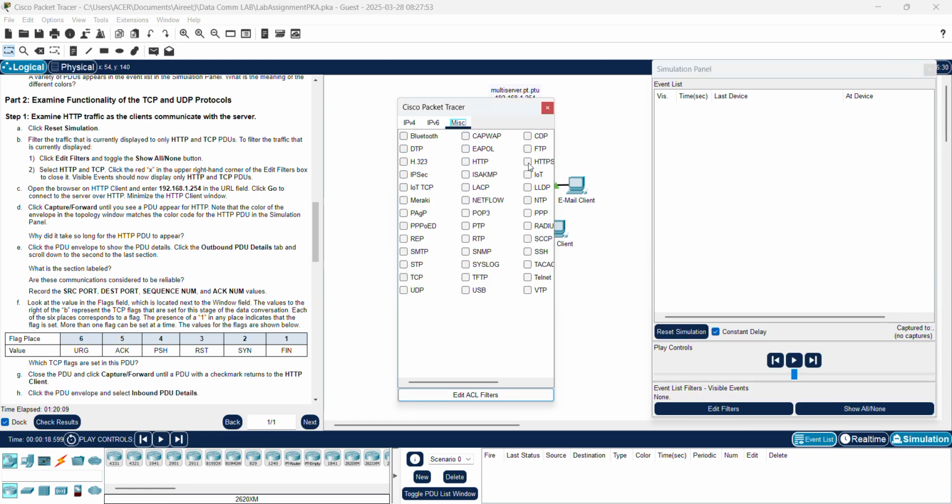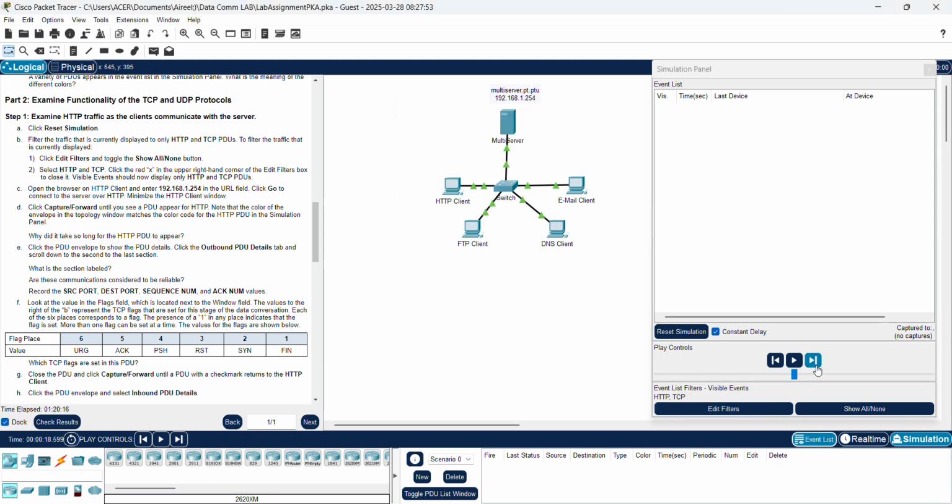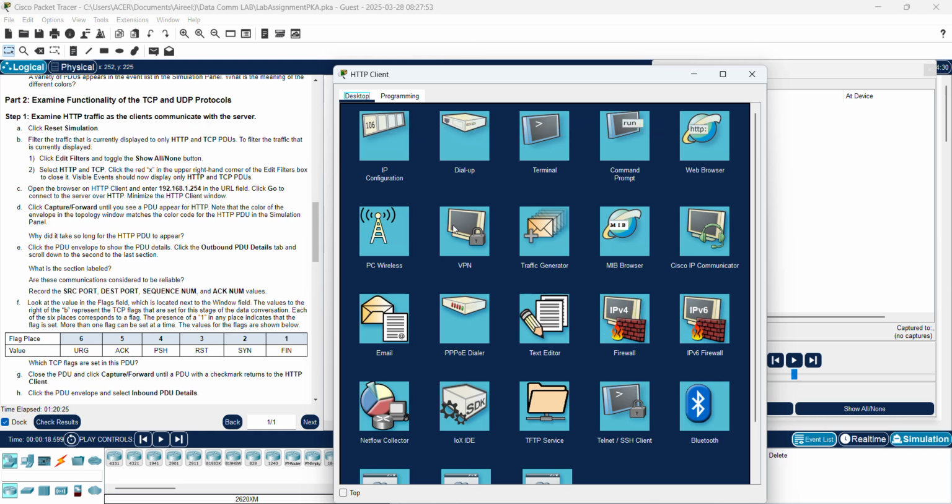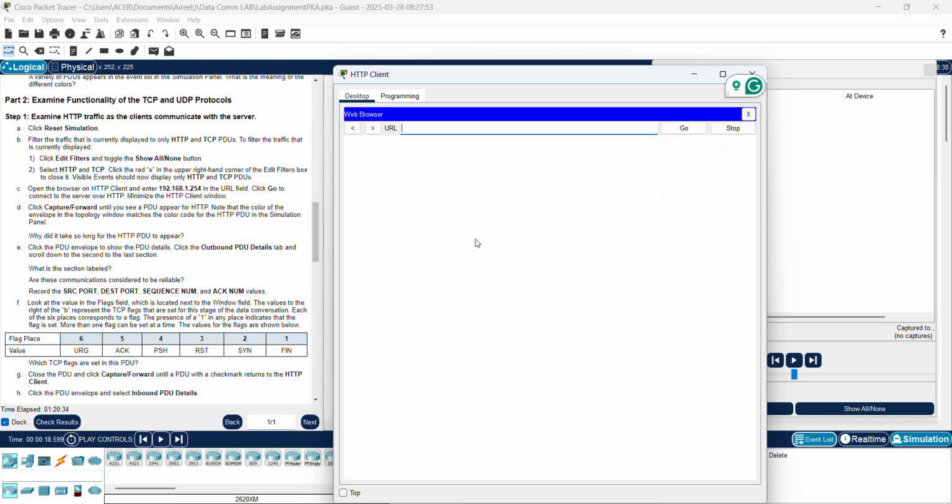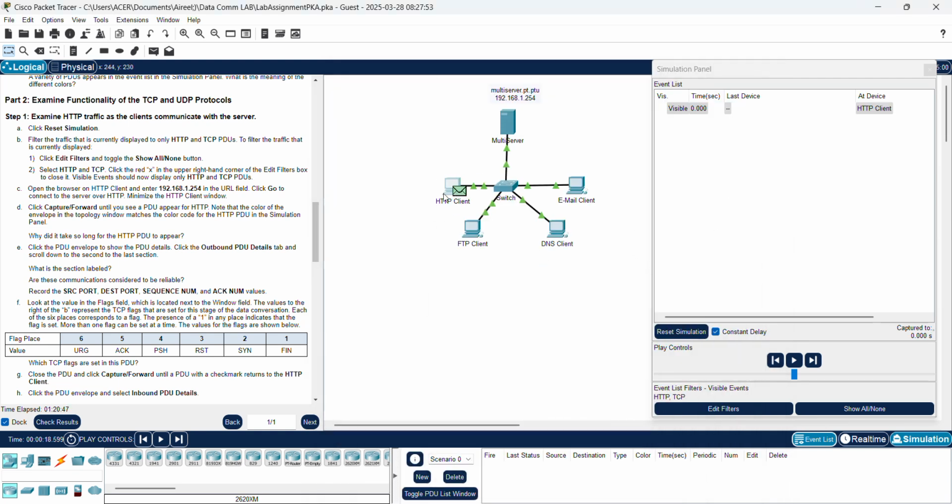We have to put the HTTP and also the TCP, and then it will show the HTTP and TCP on the simulation panel, and then you enter the HTTP client, enter the web browser, enter the web browser 192.168.1.254, and then press go, and then there will be a PDU envelope right at the HTTP, and then you